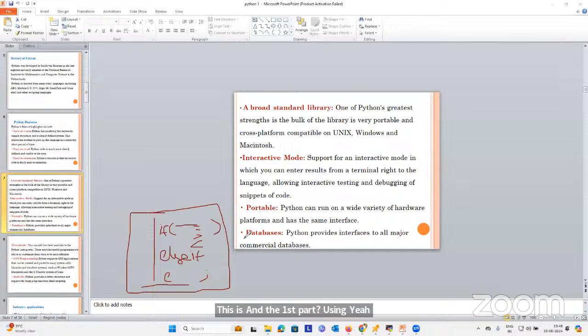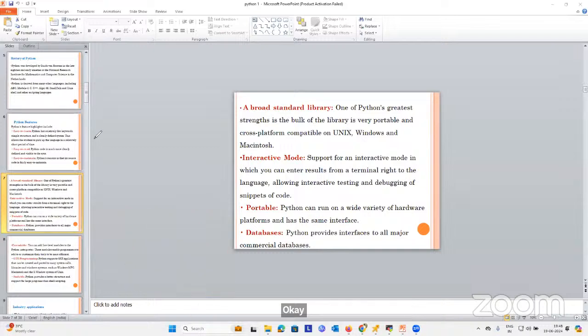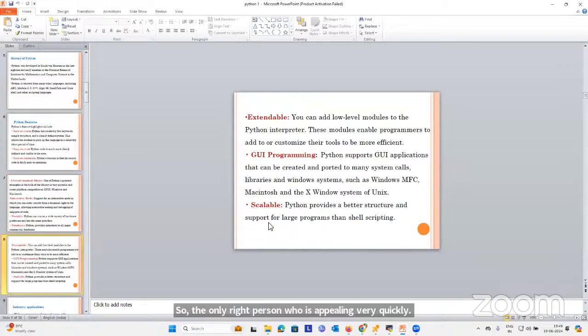Clear, everyone? Should we proceed further? If you have any questions, please post. Dear students, are you understanding or not? If you are not understanding, please stop me and ask a question. If you are understanding and want to proceed further, reply. We will proceed. Yes or no? Proceed, sir. Sunil, thank you. Sunil is the only right person who is replying very quickly. Sunil, Vinay, Chaitanya, understanding, sir. Next is